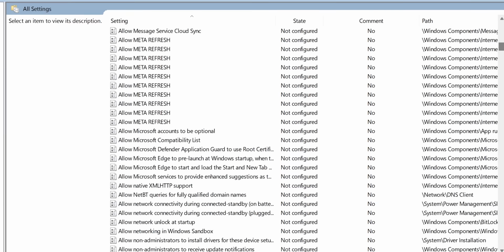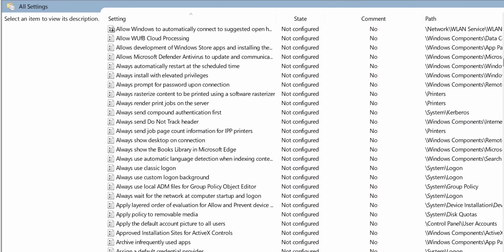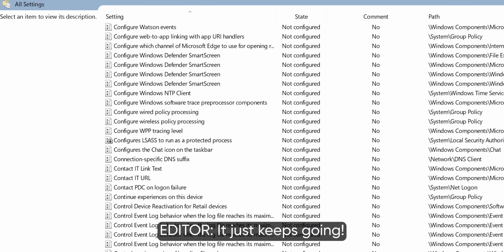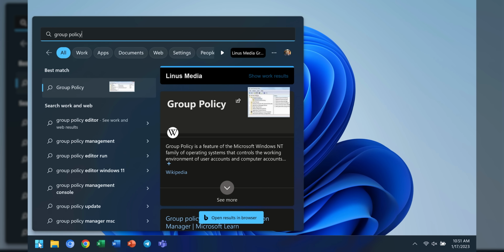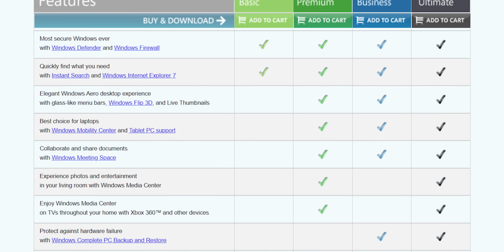There are a seriously massive number of dials and knobs that you can adjust in here to customize Windows. And if you've ever used a locked down library or work PC, I assure you that it's at least partially thanks to group policies. The issue, though, is that by default, it doesn't come with home editions of Windows. A shining example of an artificial limitation, and it is exactly the sort of thing that Microsoft has been criticized